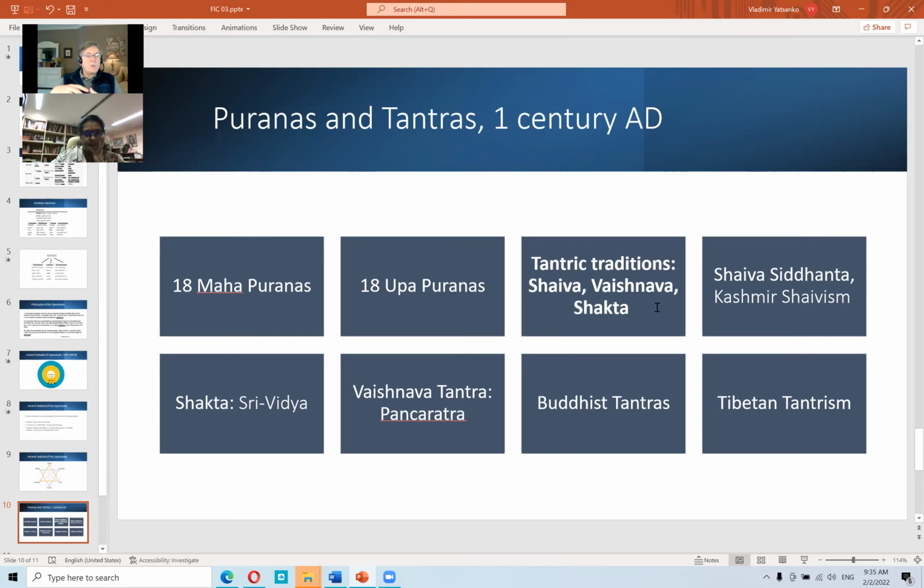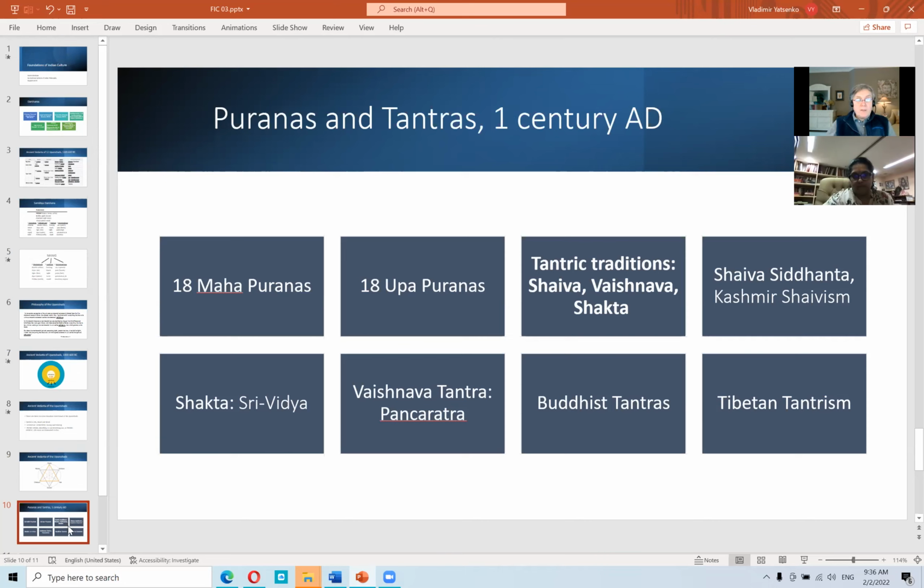Within Shaiva, there is also Ganapati. Within Vaishnava, there is Krishna. There are different branches in different states of India. Shaiva Siddhanta and Kashmir Shaivism we know the most. Shakta is Srividya from the south, and Vaishnava is Pancharatra. These are the most well-known traditions. There are also Buddhist tantras and Tibetan Buddhist tantras, very famous. So Tantra is a huge new application of the Vedic knowledge to Kali Yuga, as Tantra itself says about its own literature, that it is Veda for Kali Yuga. So I will come to this part of the